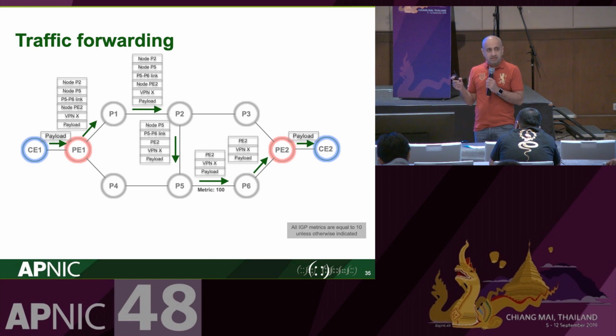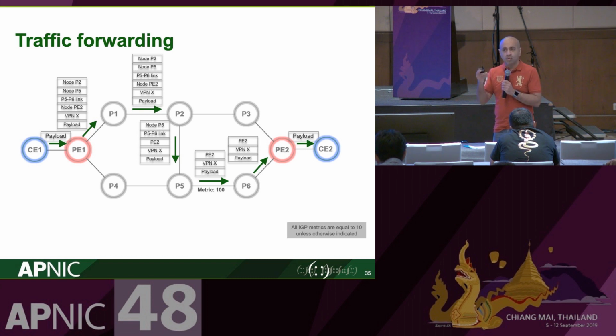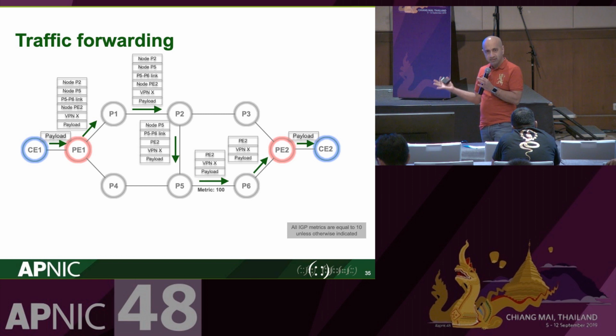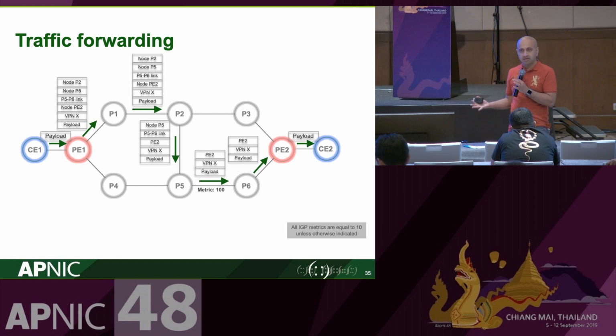P2 has to have state. In segment routing, no router has state on the tunnel except PE1, because we are using globally significant labels. The reason it does not have state is because all the information that these routers need to route the packet is in the packet itself. So we've taken the state that was in the router and moved it to the packet. And that means that we can really scale the network